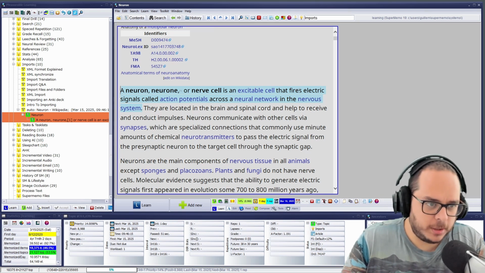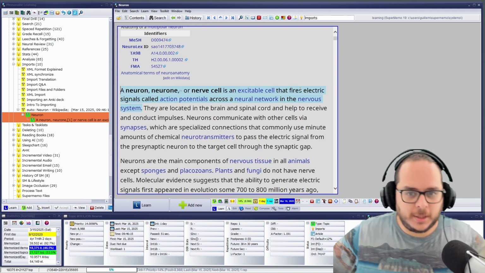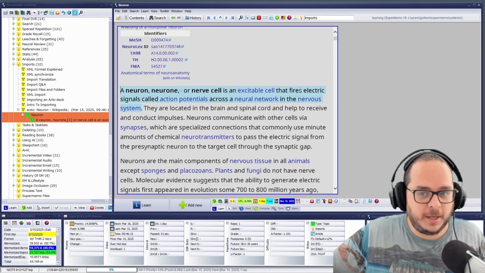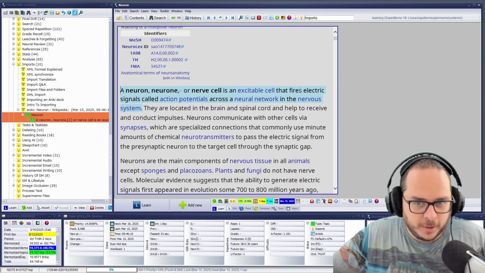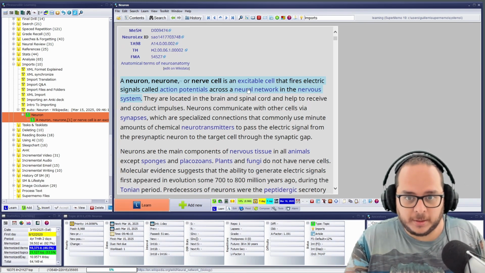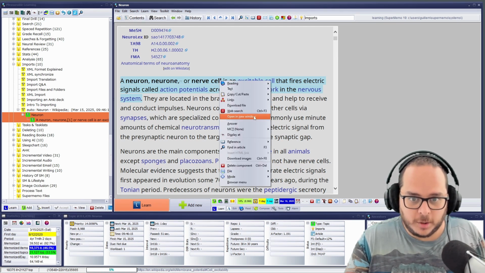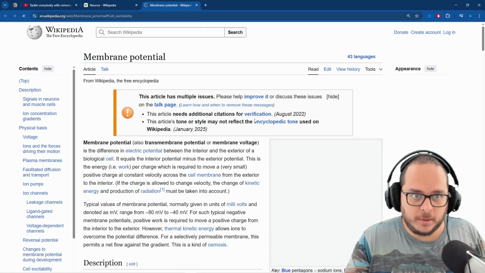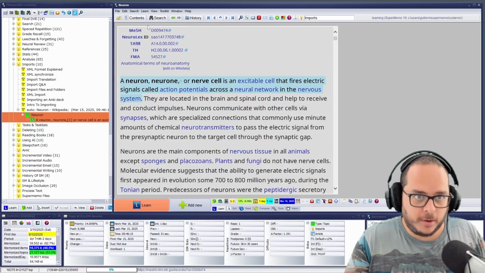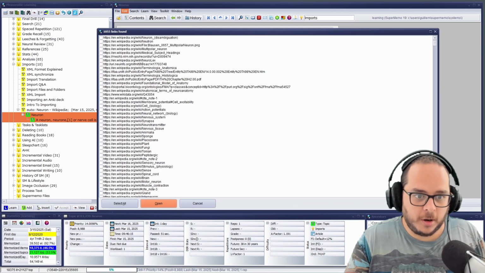So you see, that's why you shouldn't focus on the wording. That's a good example: the message is the same, but the precise wording is different now. Anyhow, I have the article here, membrane potential. So I can open it. Here you go. Or I can go to edit, open links, and I will see all of the hyperlinks,